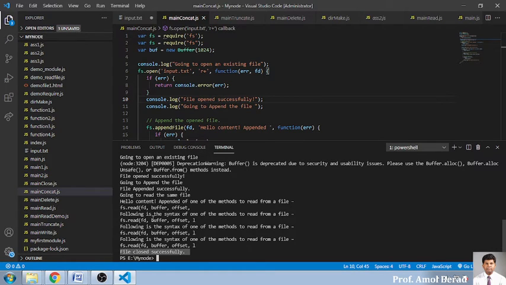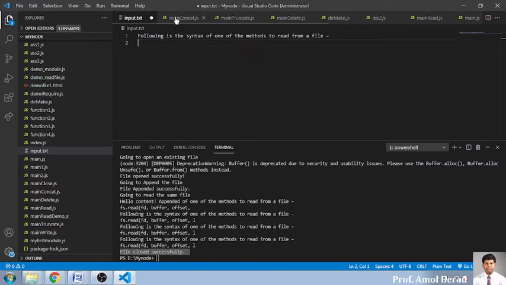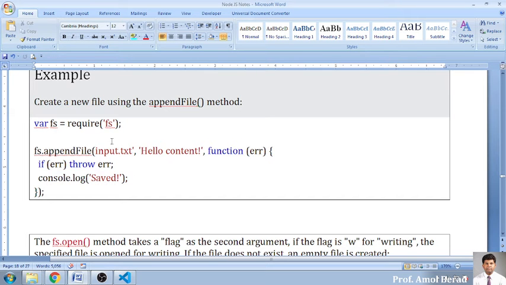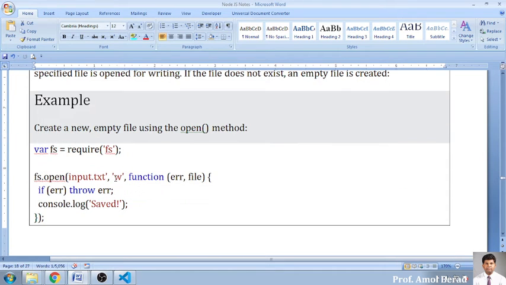File close successful, everything is written, and let us see whether it is there. Okay, not getting it. So let us see in the next example how this appendFile will be appending the content. We'll move further.